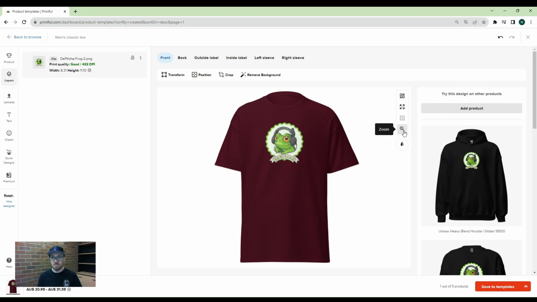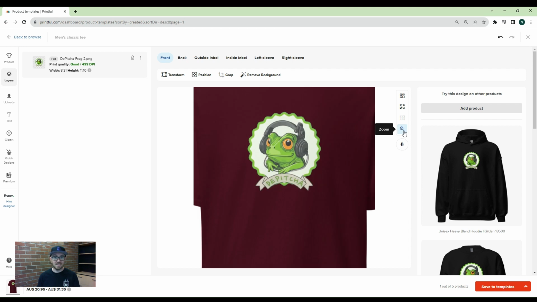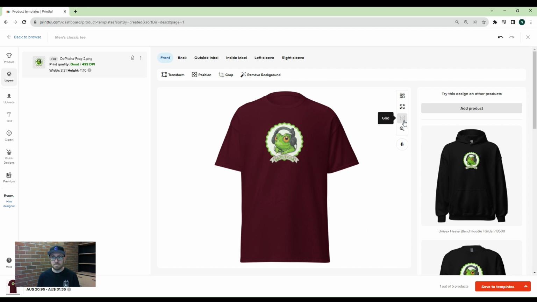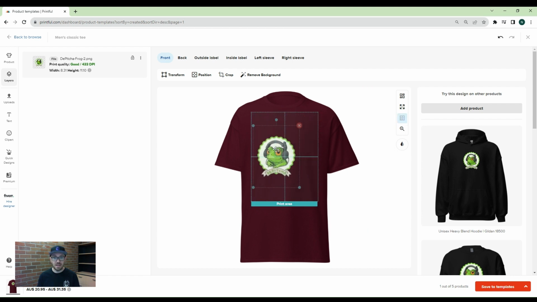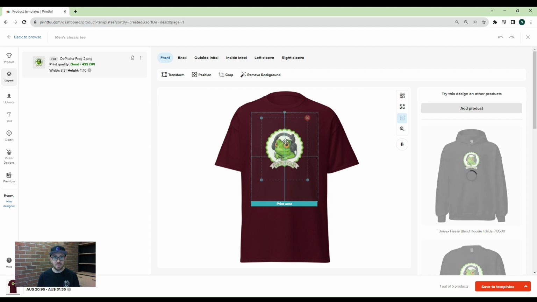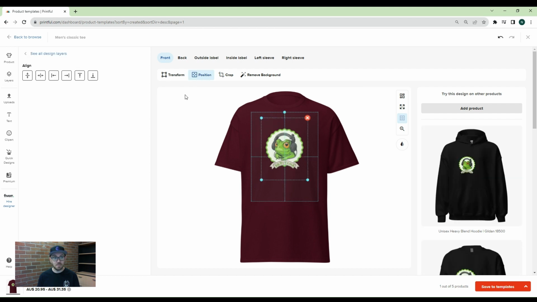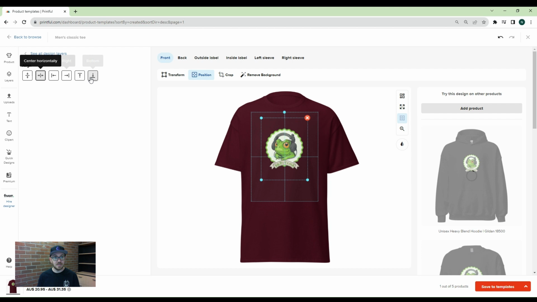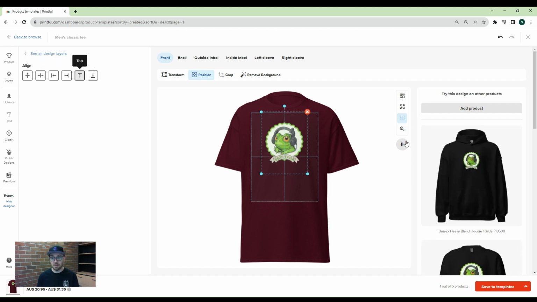Now let's look at the zoom. This just lets us zoom in. Pretty self-explanatory. We've also got a grid function here, so we can move it around the grid and see where it is at all times. Now that I've done that, I'm going to go back to positioning, center it horizontally and back up at the top. We have a full screen preview,